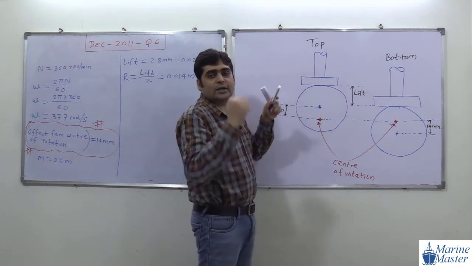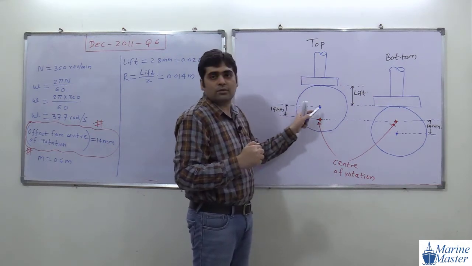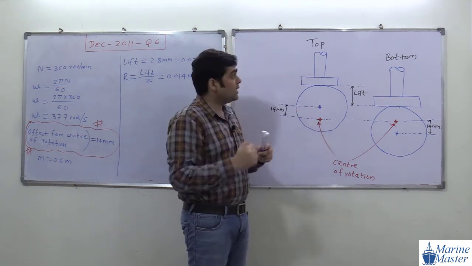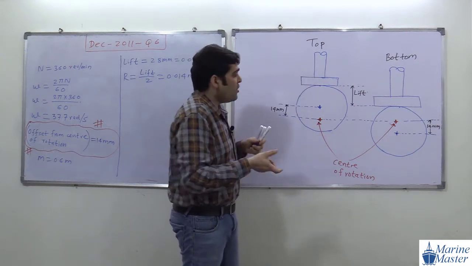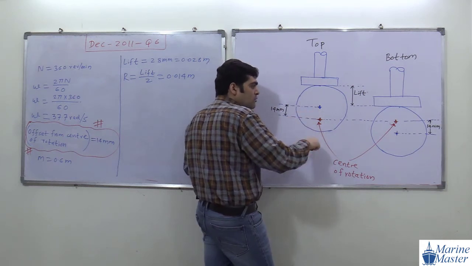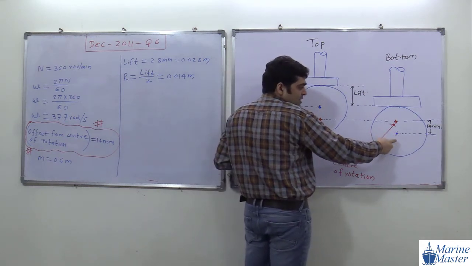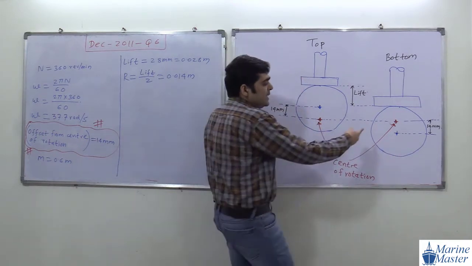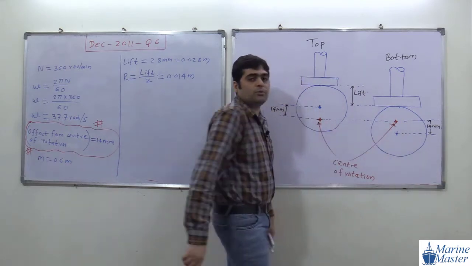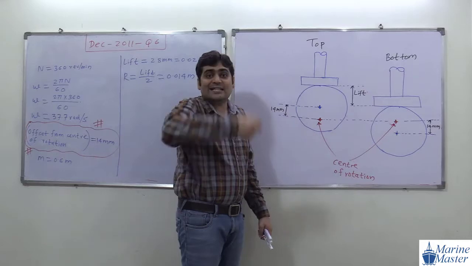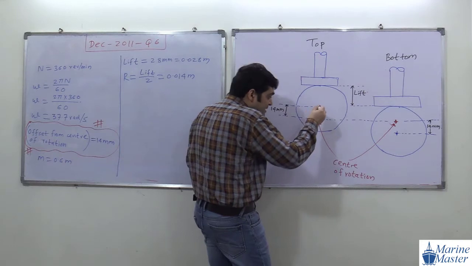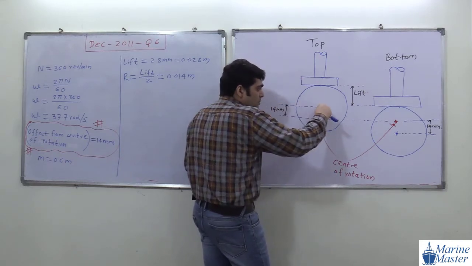So when the follower is at the topmost position, this center will be 14 mm above the center of rotation, exactly above. Then and only then is the follower at the topmost position. When we rotate this cam by 180 degrees, what will happen? This center will come down to this position. See, this is another position of this cam. This center will come down by 14 mm with respect to the center of rotation. Listen to my words: the vertical distance traveled by the center will be, from here to here, 14,